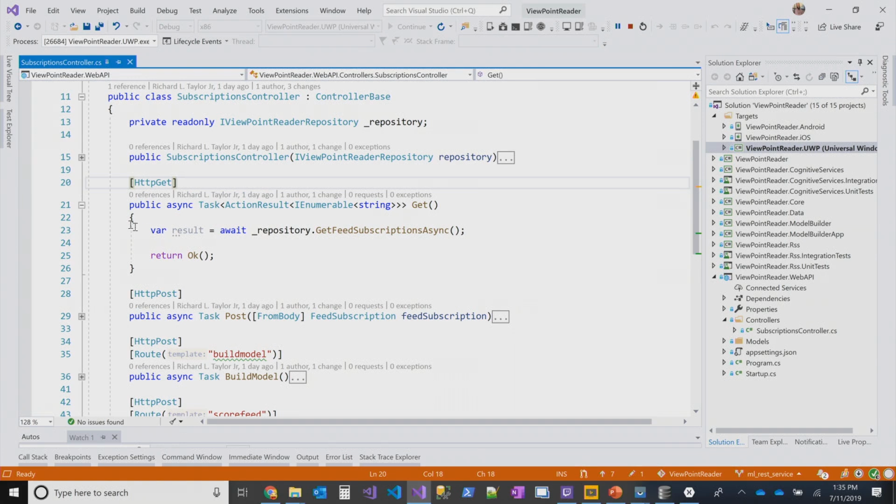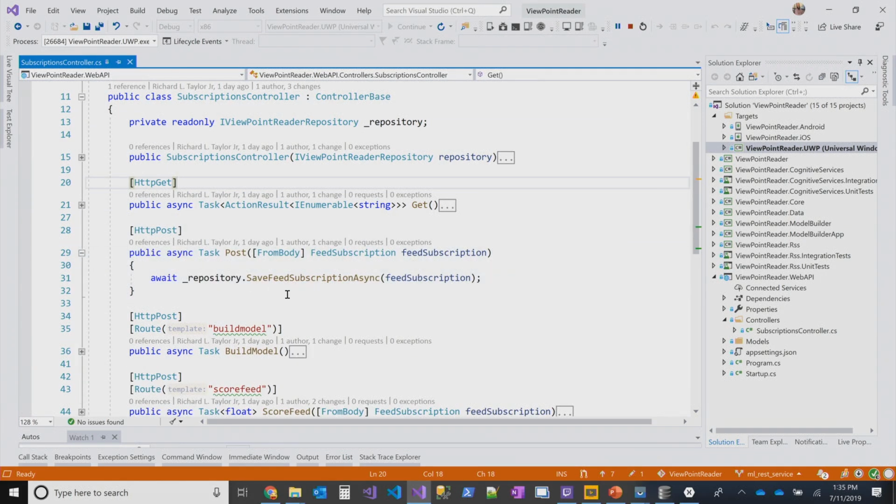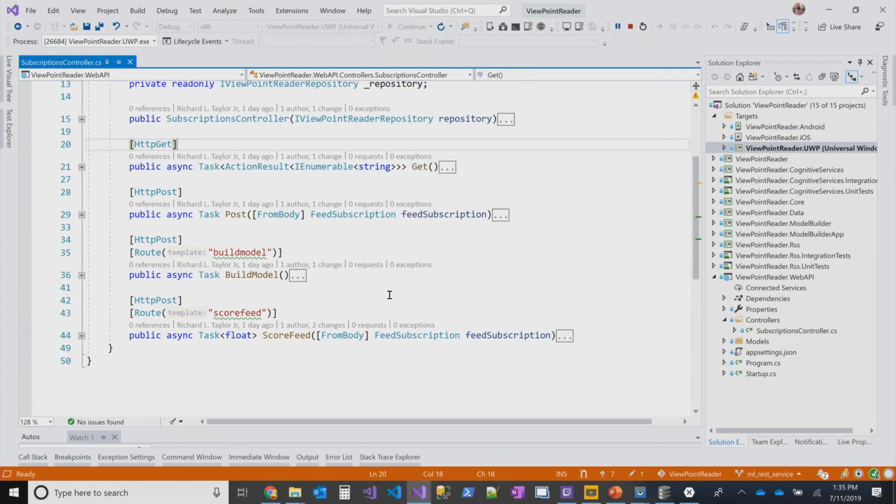Same thing for post. Once you subscribe to a feed, we write it locally, and then we make the post to the API, which then stores that information in table storage. Again, repository pattern, same interface, it just writes it out. And when we need to build the model, or at least update the model, we post to this endpoint here,